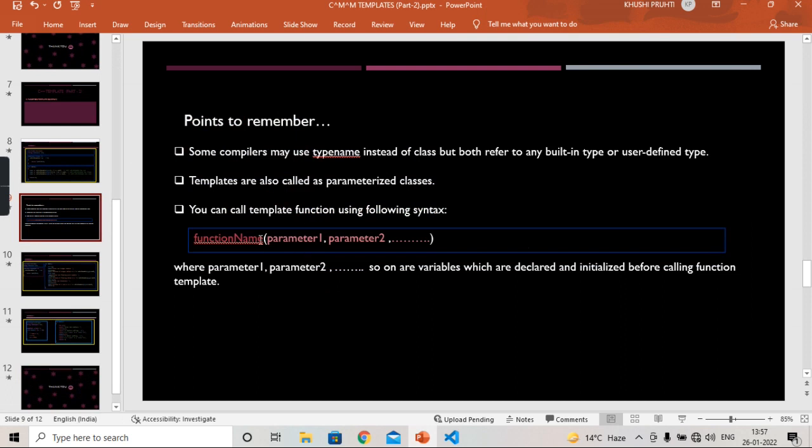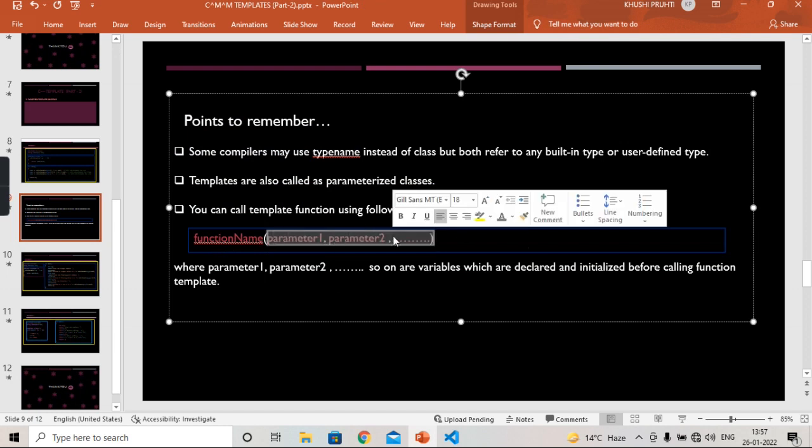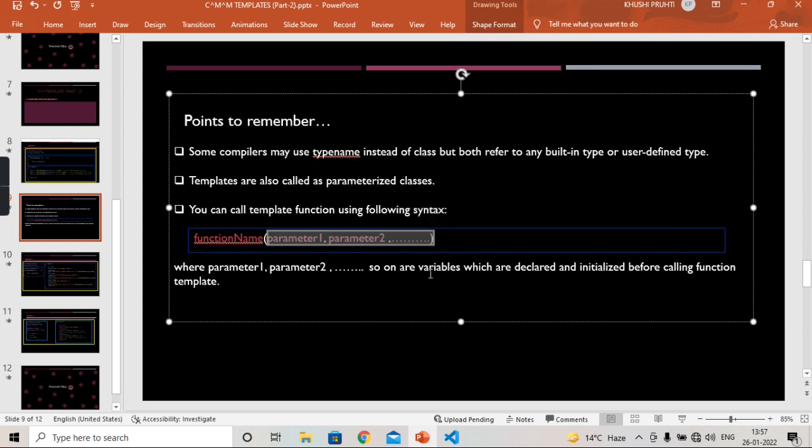That is why I'm writing here function name, then in the parentheses you can write the parameters, and compiler automatically predicts which data type you are working with, right? So parameter 1, parameter 2 and so on are the variables which are declared and initialized before calling the function template, because as we have discussed in our